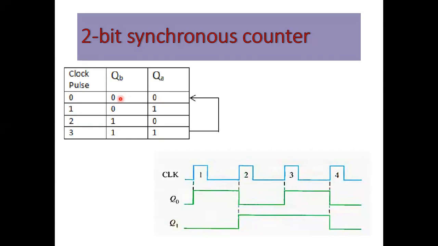Okay, here it starts. For the first clock pulse, we know the counting 0 0, 0 1, 1 0, and then 1 1. Once you come to 1 1, the counter goes back to 0 0, and again it starts the same counting process. And we know the timing diagram; yesterday we discussed this timing diagram. For the first clock pulse, initially it was 0 0, 0 1, 1 0, and then 1 1.